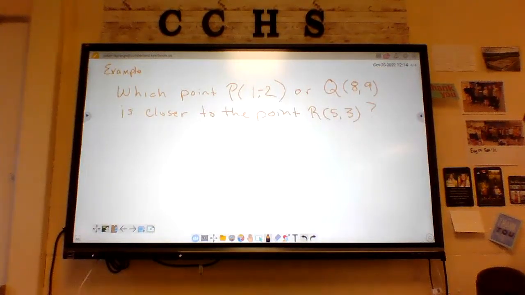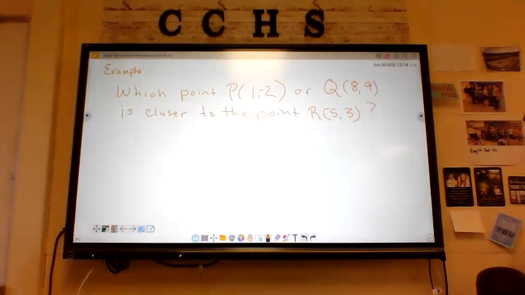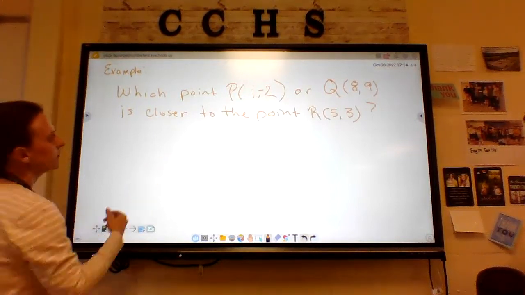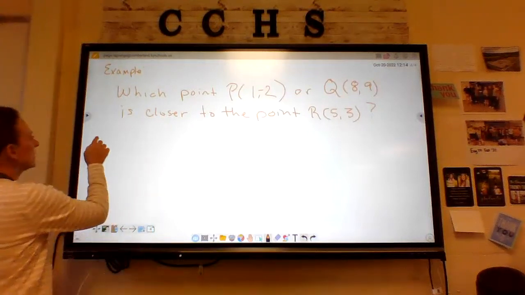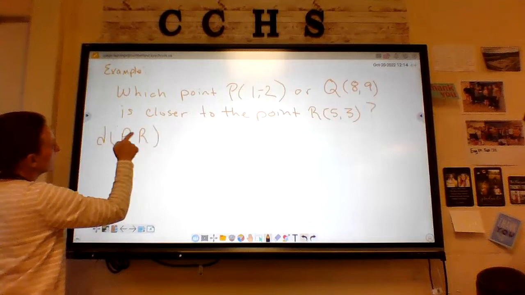How are you going to find out? Check the distance between P and R and the distance between Q and R, right? Which one's going to be the closest? The one with the smallest distance, right? So let's go through that. So let's start with P and R. So the distance from point P to point R,